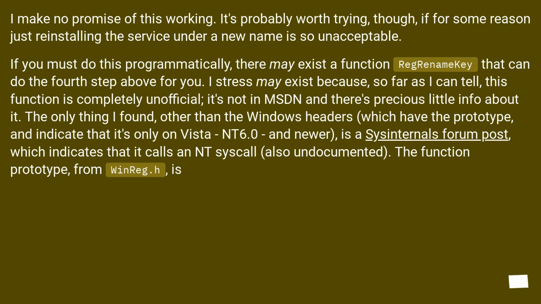If you must do this programmatically, there may exist a function, RegRenameKey, that can do the fourth step above for you. I stress may exist because, so far as I can tell, this function is completely unofficial, it's not in MSDN and there's precious little info about it. The only thing I found, other than the Windows headers, which have the prototype, and indicate that it's only on Vista, NT 6.0, and newer, is a Sysinternals forum post, which indicates that it calls an NT syscall, also undocumented. The function prototype, from winreg.h, is